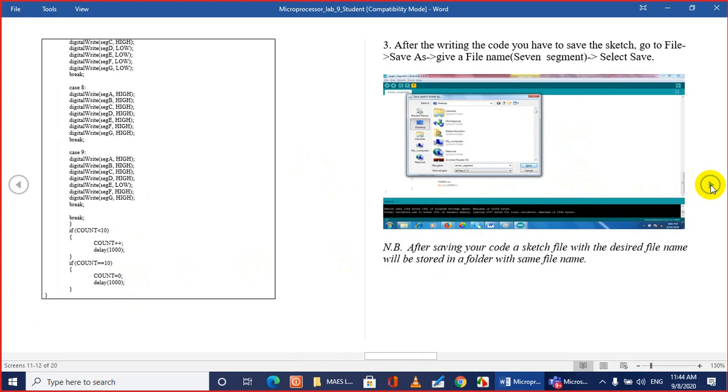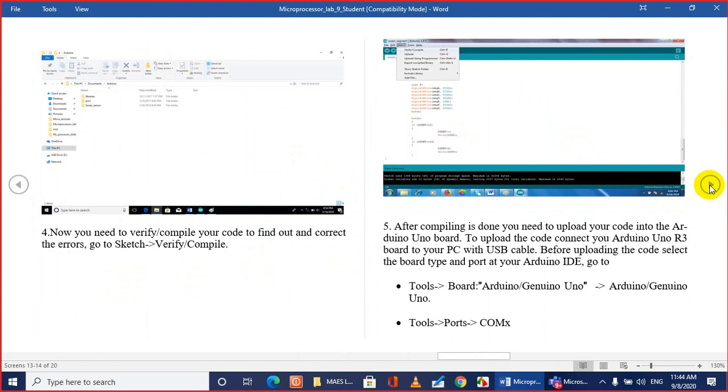Now today, since by this time you have a very good idea how to work with the 7-segment display and how to write the code using Arduino Uno, the code is given in your lab sheet. Those who are using Tinkercad for your lab, you can directly use the code that has been given in your lab sheet. But as I have mentioned, if you use the Proteus flowchart method, life becomes much simpler.